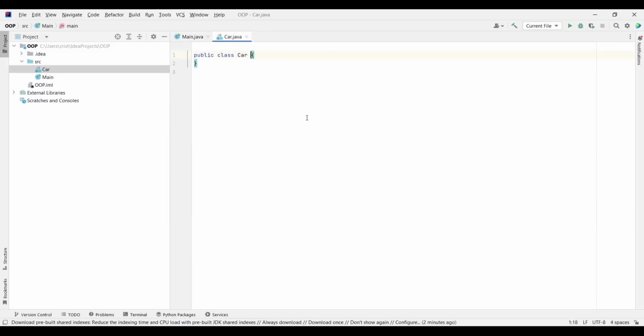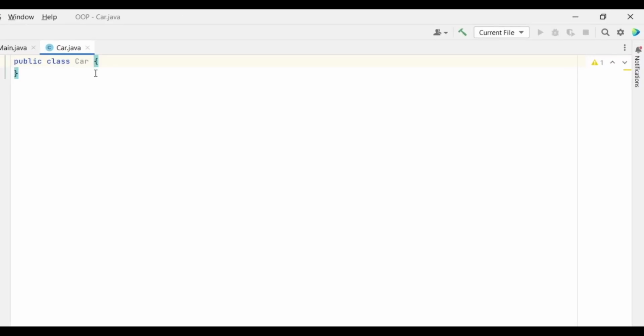I will press enter, and as you can see, it added this public class Car and curly braces. So now we have the template of a car, but it's an empty template. Now you don't have anything written on these plans. Now to add first the state of a car, I'm going to type a few fields, a few variables. They are called fields in the context of object-oriented programming. So I'm going to type private String name, then private String color,